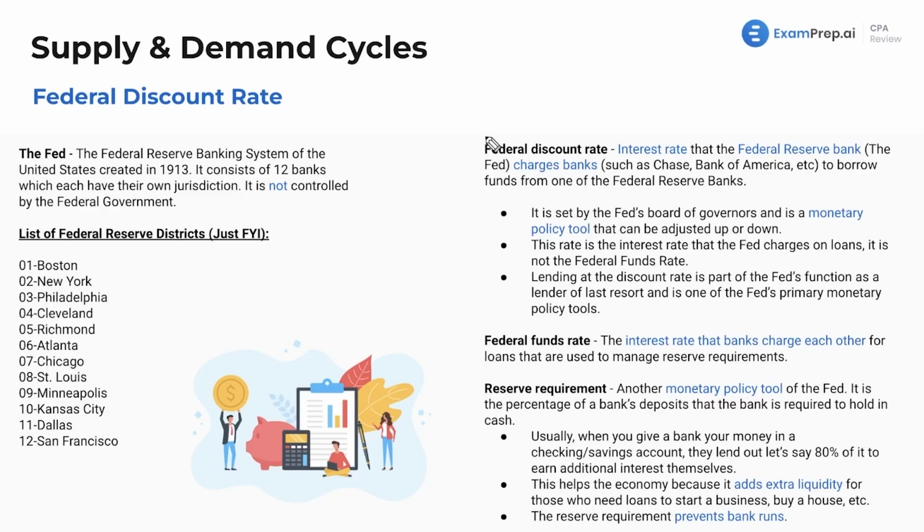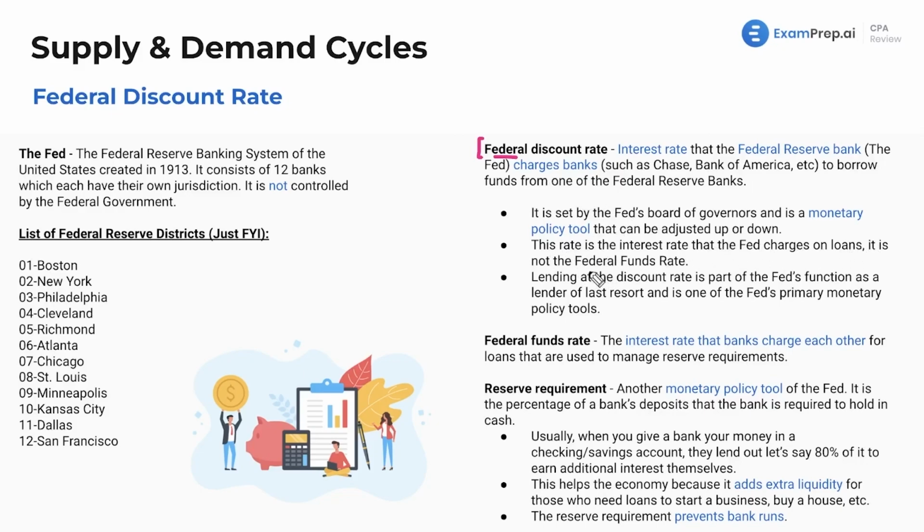Now, okay, you might hear talks of interest rates. I mean, gosh, it's just always up in the news depending on what's going on in the world. Increase interest rates, decrease interest rates. That is a monetary policy tool. If you are familiar with the 2008 financial crisis, the dot-com bubble or the pandemic, any of those larger events, the Fed steps in, the federal government steps in, the Fed conducts its monetary policy, and the federal government, and I know that can get confusing, but just stay with me, the federal government conducts its fiscal policy. So this is the interest rate that the Fed charges on loans.